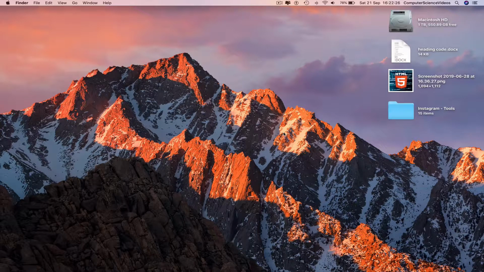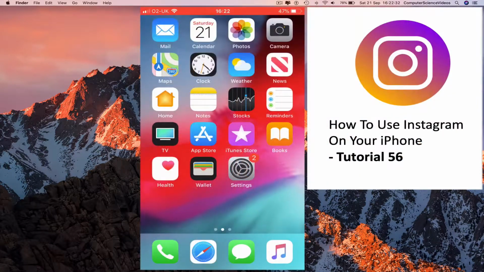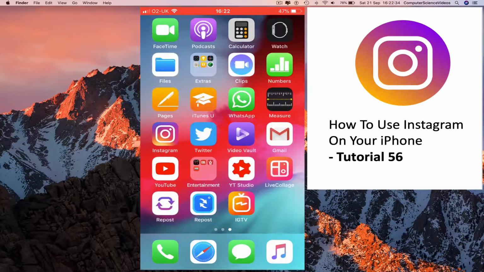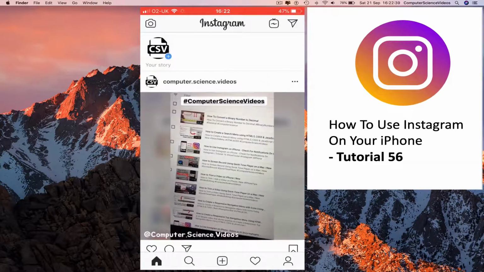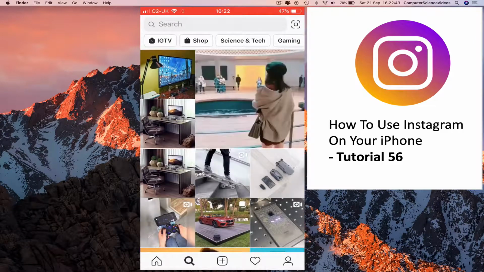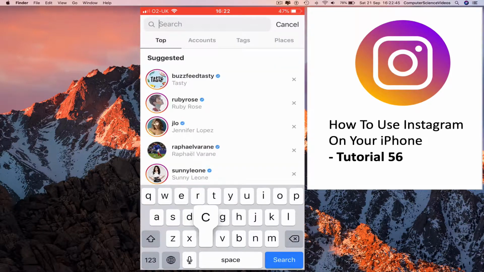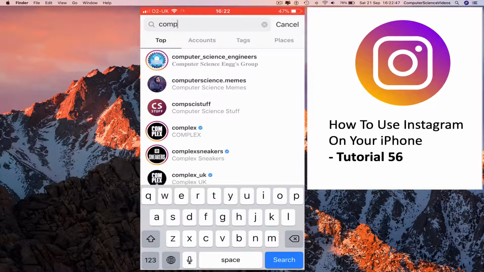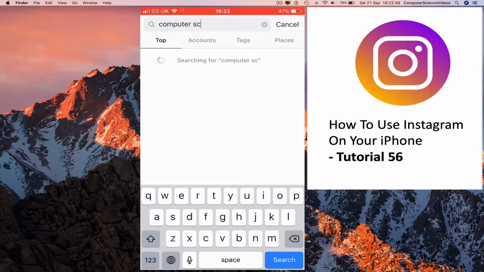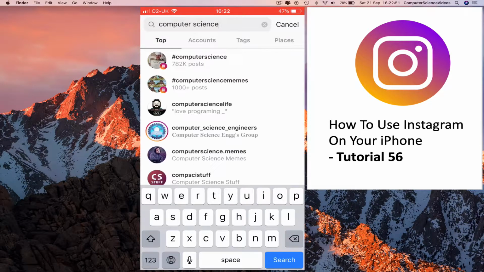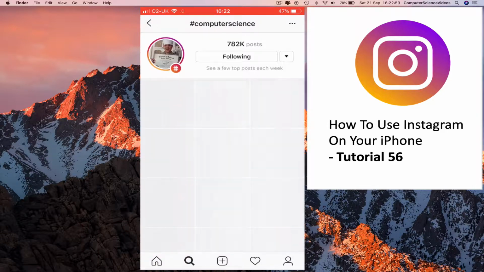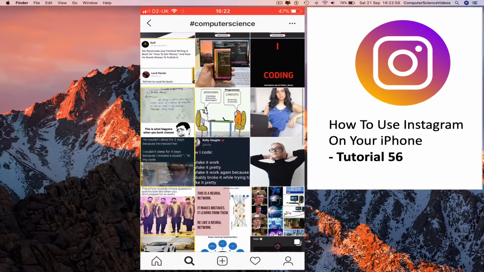So in this tutorial, you need to have access to the iPhone itself and the Instagram application. Now we can go all the way to the iPhone, go to Instagram, click on Instagram, make sure you're signed into the account, go to your profile, go to the search box, type in computer science videos, or just computer science, go to the hashtag, go to a photo,